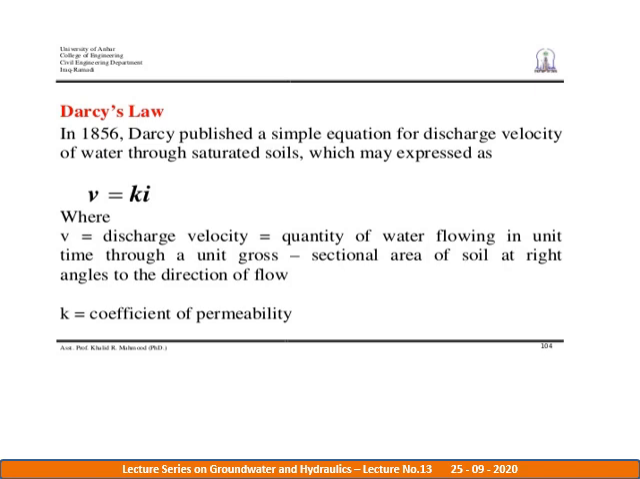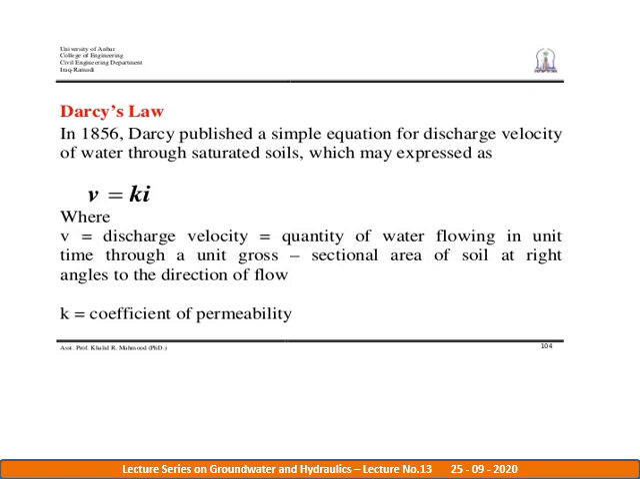So Darcy's law: in 1856, Darcy published a simple equation for discharge velocity of water through saturated soil, which may be expressed as V equals to Ki, where V is discharge velocity, the quantity of water flowing in a unit time through a unit gross cross-sectional area of soil at right angle to the direction of flow. K is nothing but the